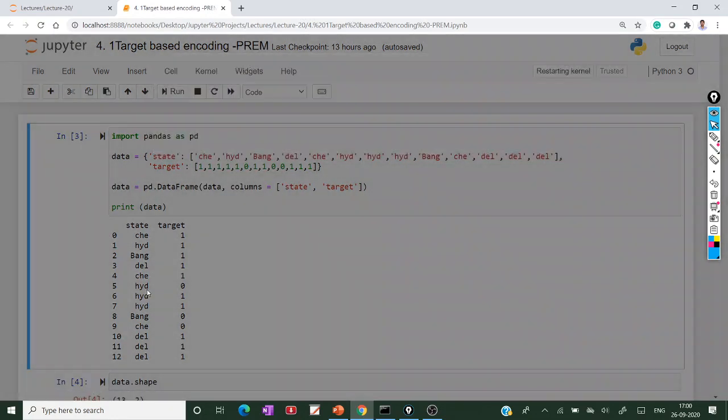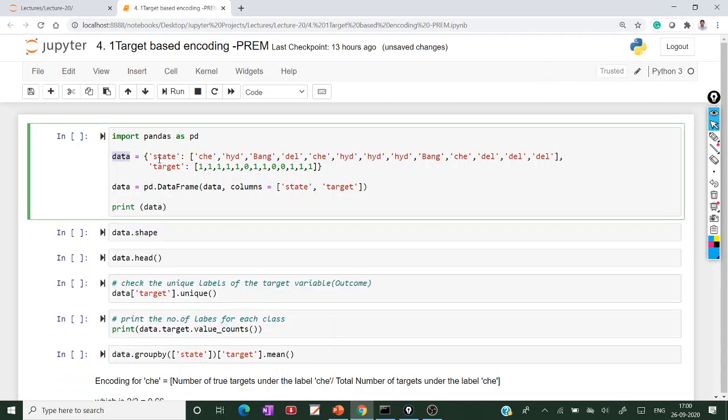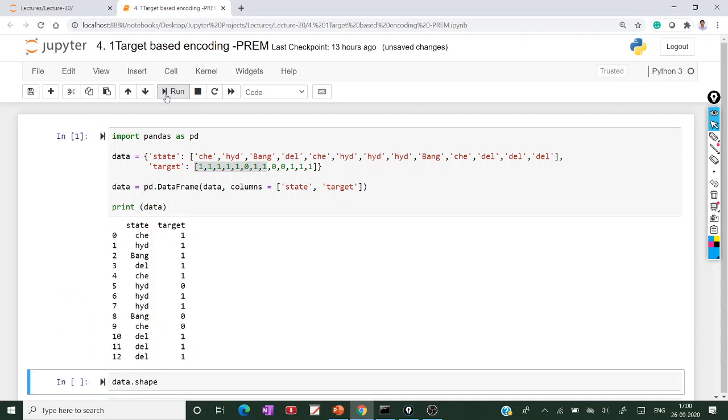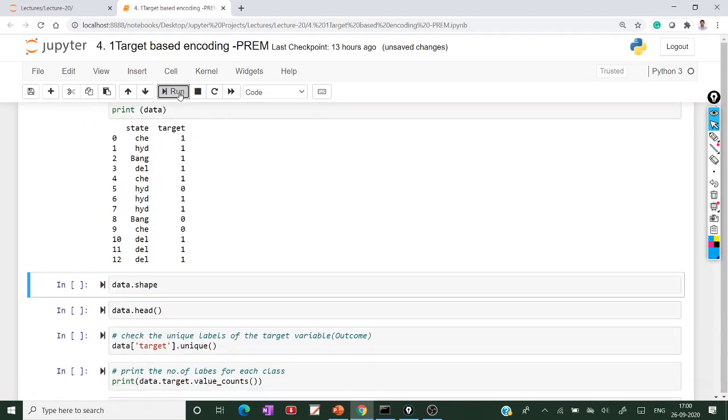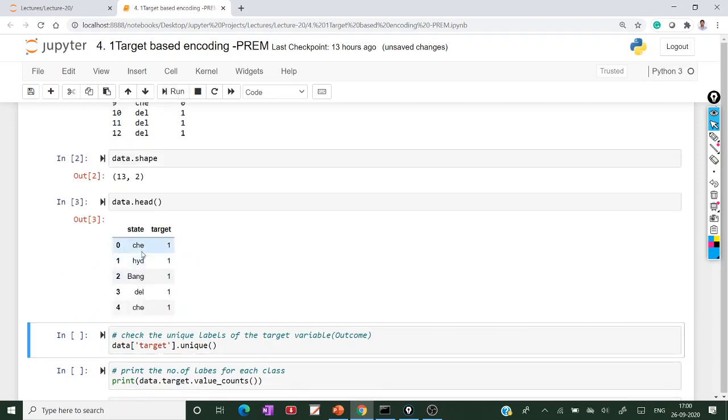I created the data frame by importing pandas as pd, and I am naming the data frame data. Under the data I am creating 2 columns. State is a column, and under the state there are some labels: CH means Chennai, HYD means Hyderabad, BA means Bangalore, Delhi, like that, and this is the target variable. So this is my data frame. My data frame shape is 13 rows, 2 columns, and this is my data.